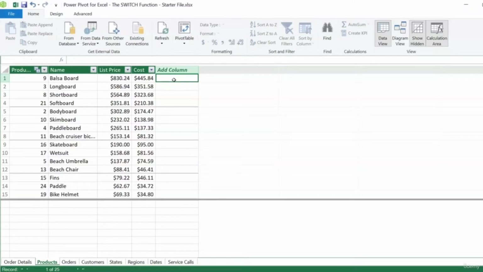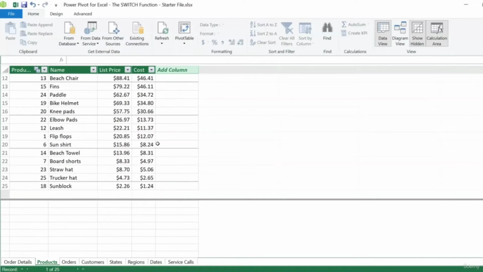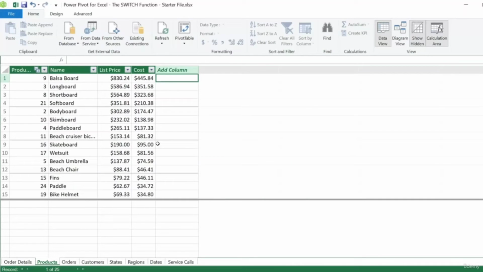For example, we could say if the name is balsa board, then surfing supplies. If longboard, then surfing supplies. If shortboard, then surfing supplies, and so on and so forth. But as you can see, we have 25 records in our products table, so we would be writing out 25 different pairs of values and return results, which kind of defeats the purpose of using the switch function for convenience